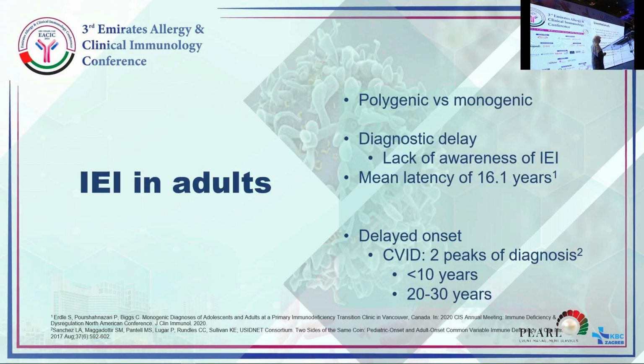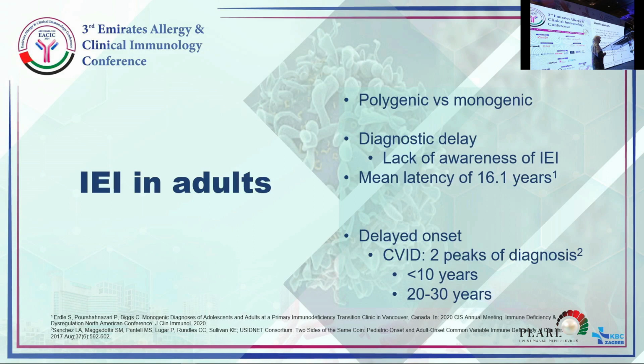When we talk about inborn errors of immunity in adults, the first thing that comes to thought is that these are polygenic diseases, which is not always true. You will see in the next few slides about some monogenic defects causing these diseases with an adult onset as well. And the reasons why these